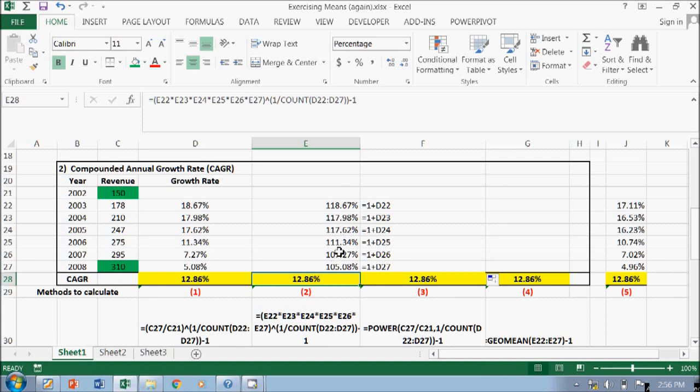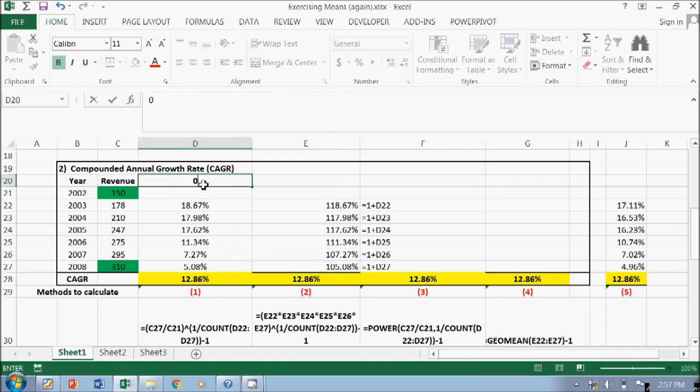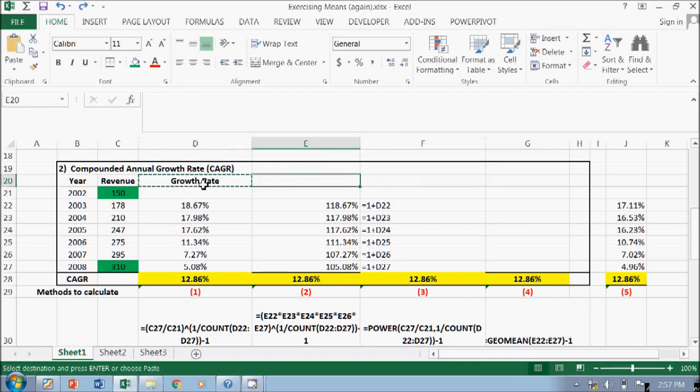Then I just multiply each year's growth rate, so 1 plus the growth rate, 1 plus the growth rate.